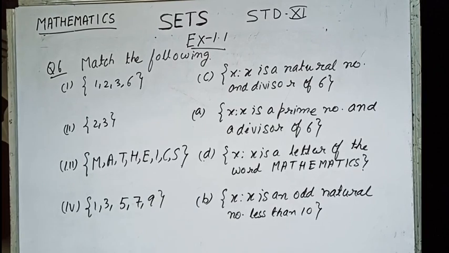So children, the basic concept of a set, that is what is a set and which type of collection will be called a set, the sign epsilon and does not epsilon, that is belongs to and does not belong to, you have understood. Based on that, exercise 1.1 we have discussed. Now we will be going to the second section of the set theory, that is definitions or the types of sets.